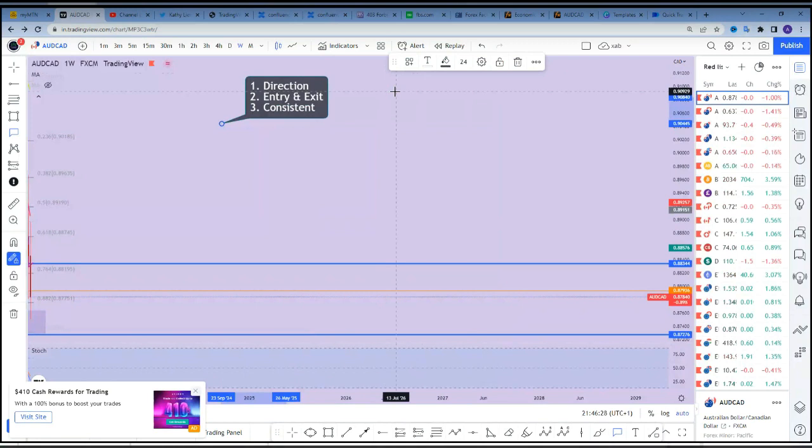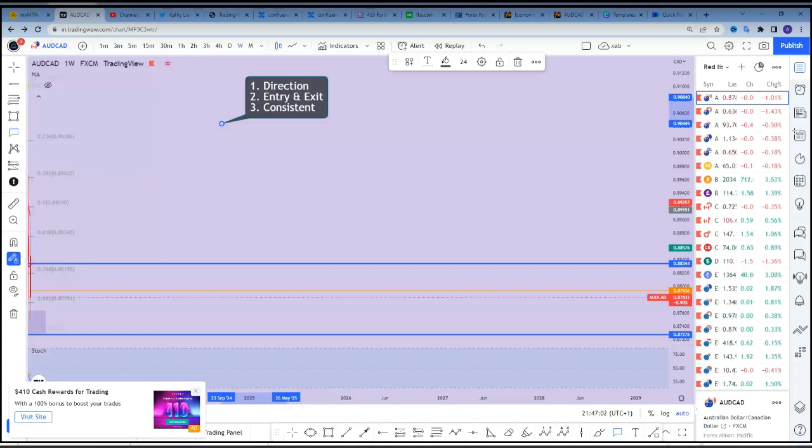Now, why am I saying this, or why are we looking at these things tonight? The answer is simple. One, in order for you to be able to make profits, it's important that you know what direction the market is going towards, because unless you know that, it will be difficult for you to decide what your entry point should be. If you don't know that, you will not know where to enter your trades from.